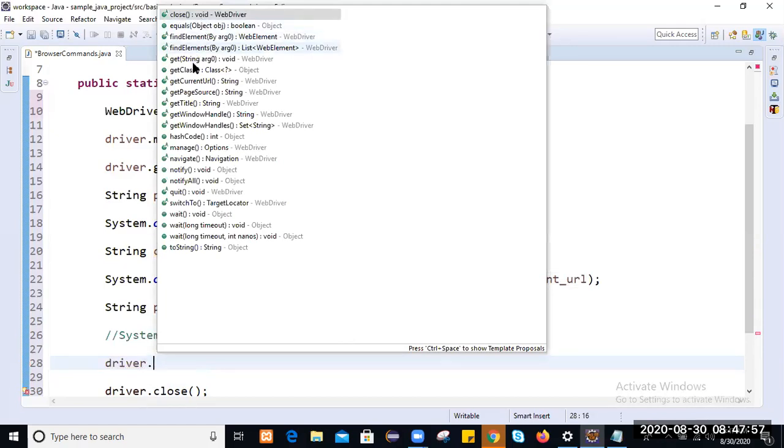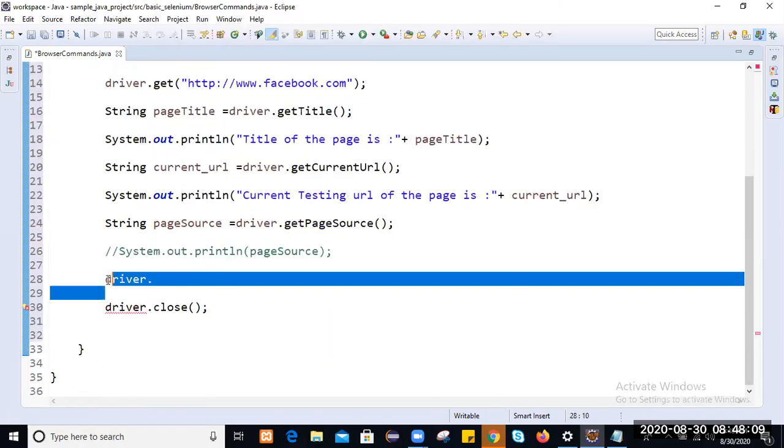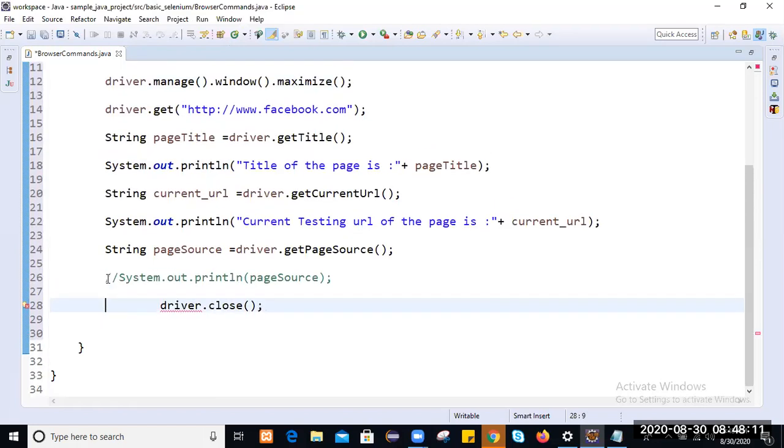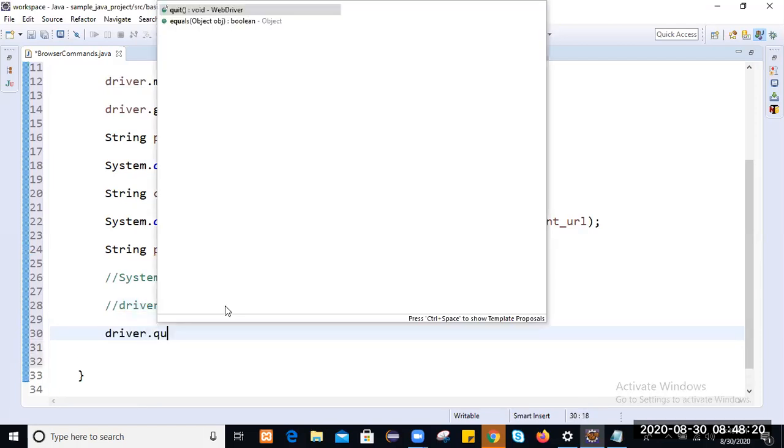We have seen get, getCurrentURL, getPageSource, getTitle, and we have the quit method also, driver.quit. You can use one of them: driver.close, or else driver.quit.